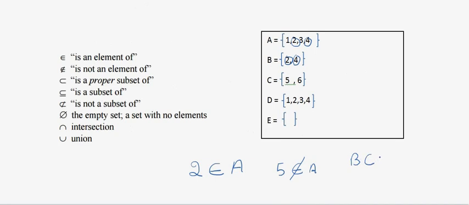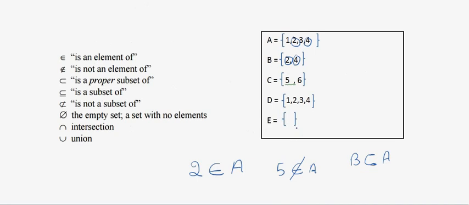The notation for subset is a C-like symbol with a little prolonged extension. B is a subset of A, which tells you that set B, in terms of the number of elements, is smaller than set A, which you can clearly see here. It has fewer elements as compared to set A: 1, 2, 3, 4 and 2, 4. So 2, 4 is a subset of this.